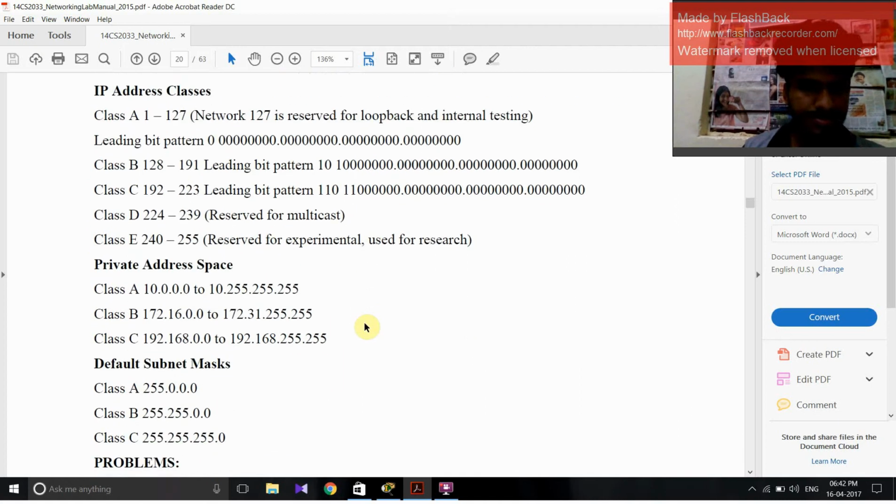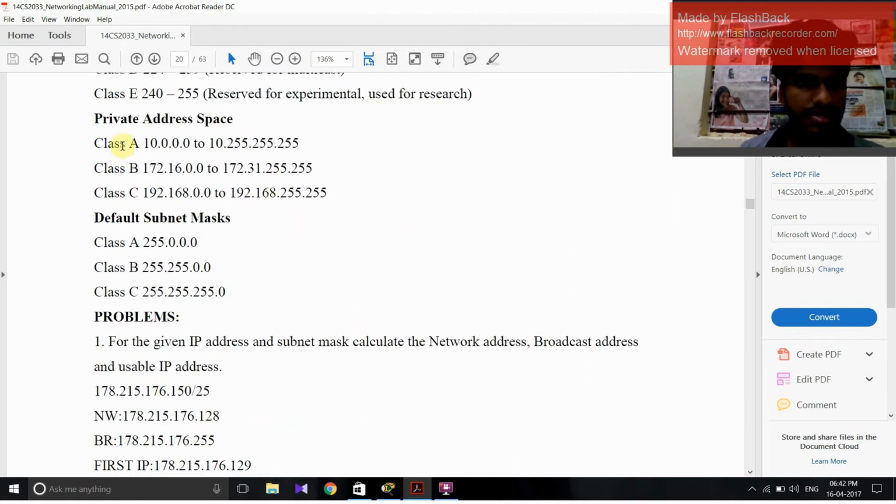And the private addresses are only these two, and also the default subnet mask for the private address space is 10.0.0.0 to 10.255.255.255, because 10 is the network address, and the rest of that are the host addresses. Also you can see over here that in Class B it is two network addresses and two host addresses. And in Class C you can see three network addresses and a single host address. And the default subnet masks are